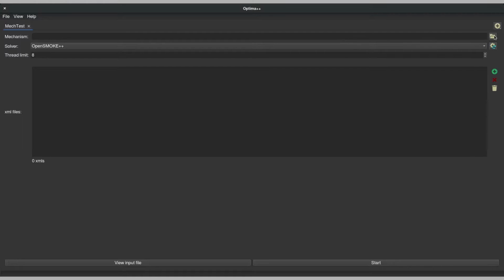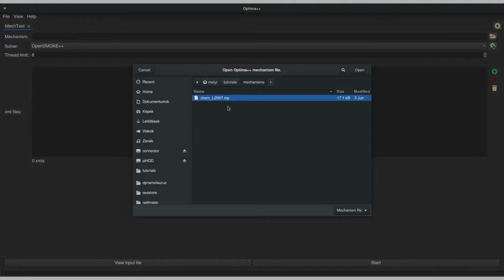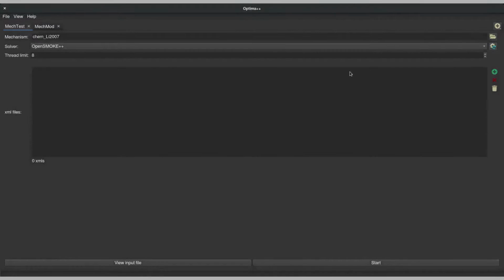In this window, we can specify the location of the mechanism file. Now, we can select the solver to be used. I just leave OpenSmoke++ selected.